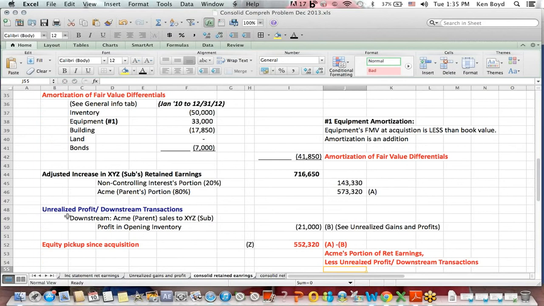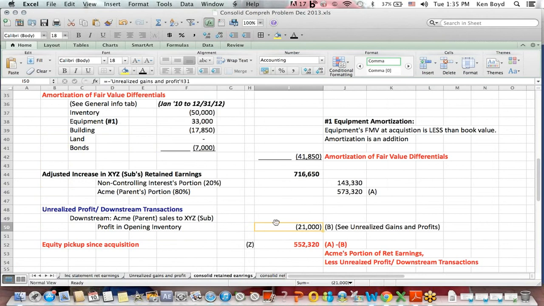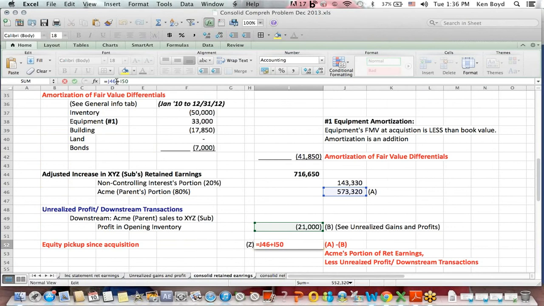Now, we also had a downstream profit that we need to eliminate. The profit there, which was an opening inventory of 21,000. If I go to the unrealized gains and losses, in opening inventory, there's that downstream sale, Acme parent to XYZ sub, unrealized profit of 21,000, which gets reduced. So the problem used an abbreviation here that says equity pickup since acquisition, which means that Acme had their share of the sub's earnings, 80% of the sub's earnings in blue,